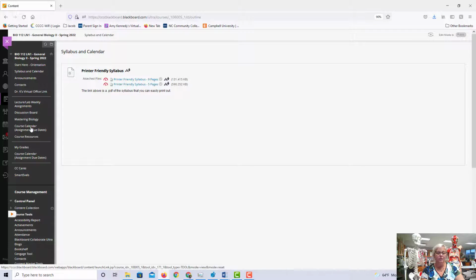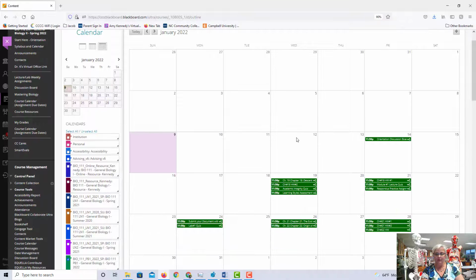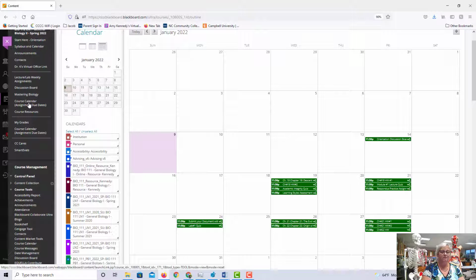And then the best calendar to use is this course calendar. It is the most up-to-date and will be changed as needed, but you can already see all your first assignments in here. So you have homework due on the 19th here. You have your orientation, your discussion board orientation due here, and then other various items due throughout the next coming weeks, and that will continually be updated, and this is the best place to keep track under the course calendar in Blackboard of what is coming up and what is due.